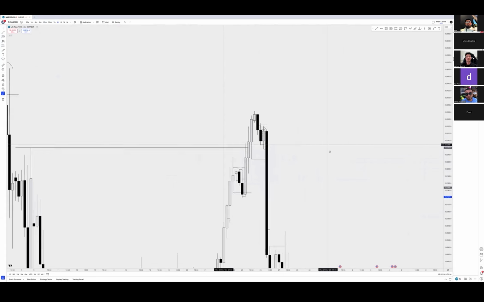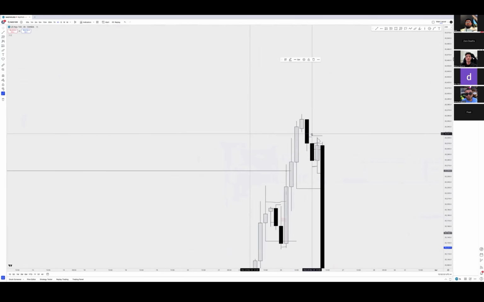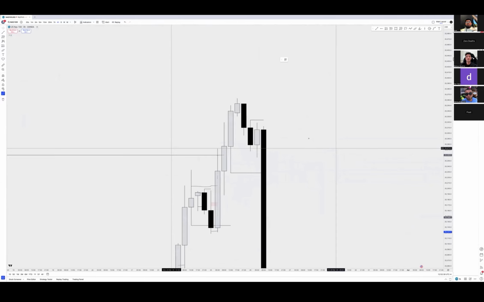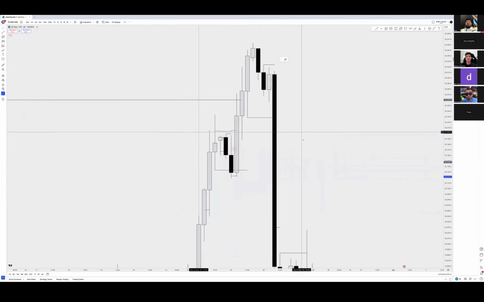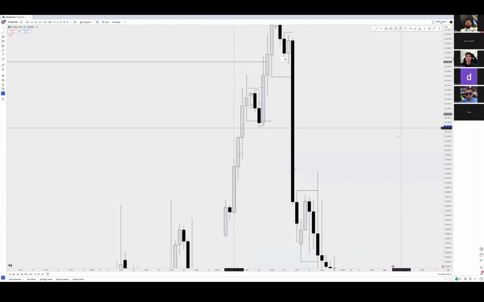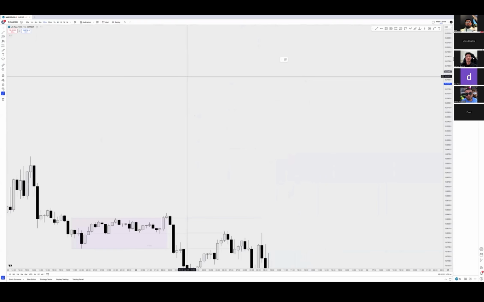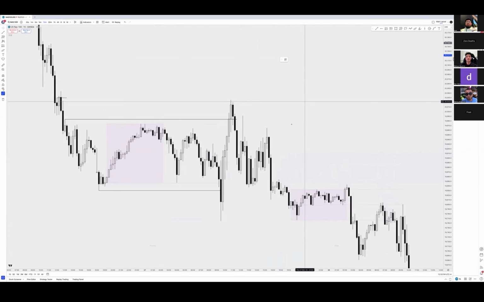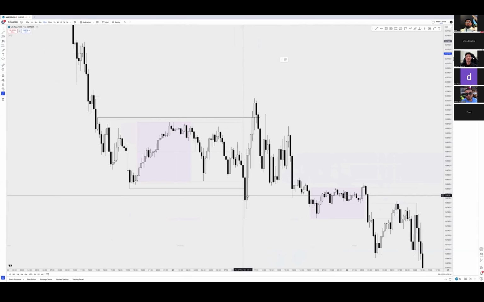So for example here, same concept. Let me just delete all this. Yeah, I like to see the 4-hour high get taken out before I look for any sort of short. Same thing goes here. 4-hour high right here. So unfortunately, just takes it out. Okay, not unfortunately. It was actually really good. It did that. Took out the low.